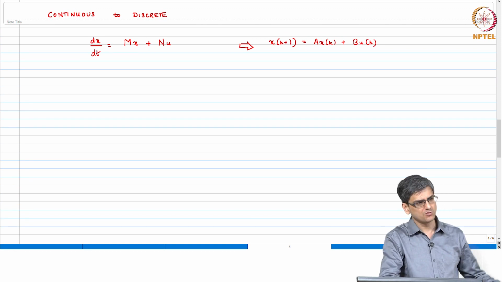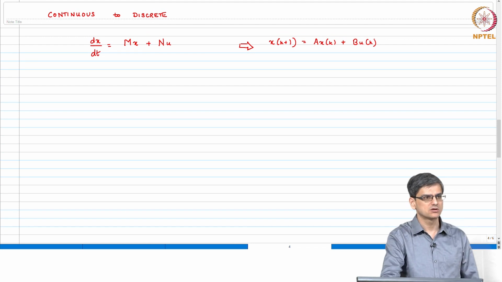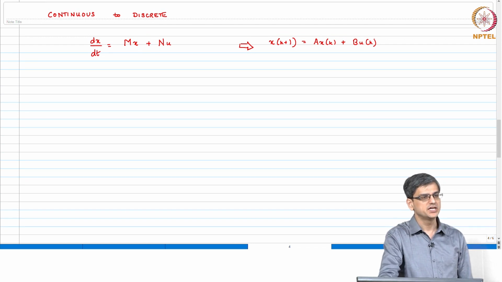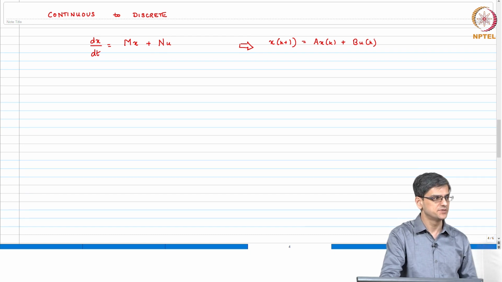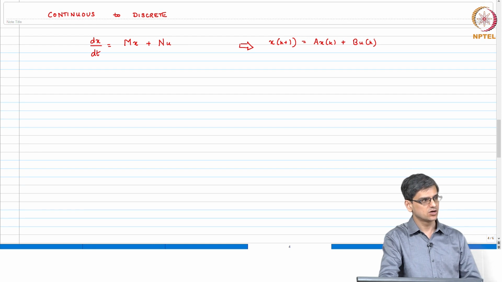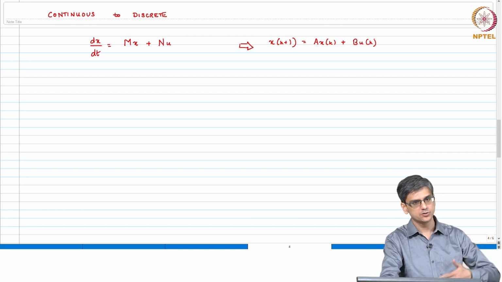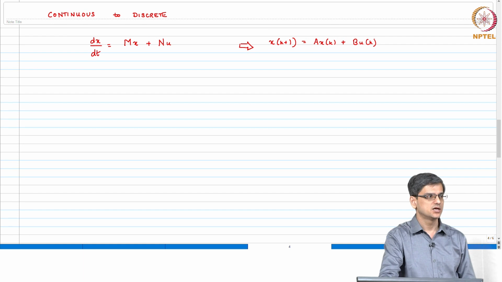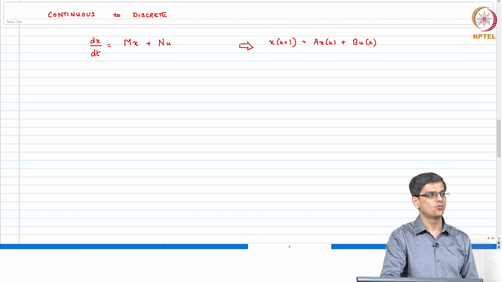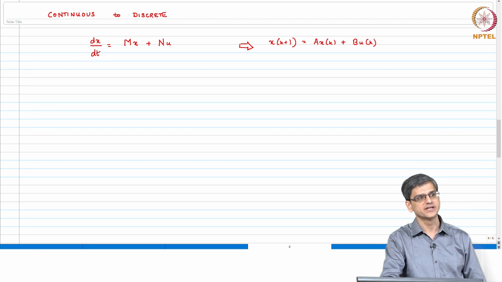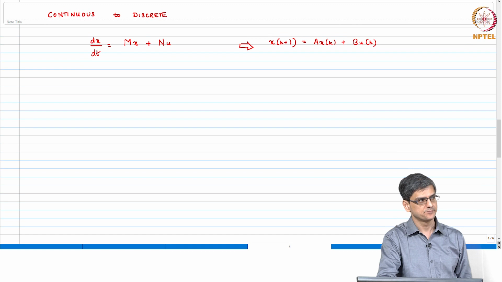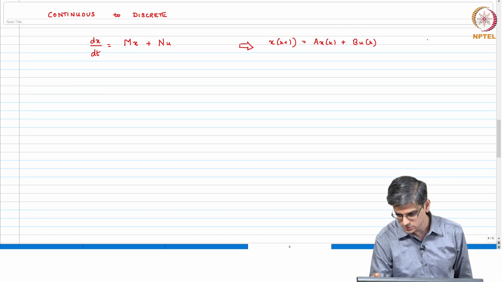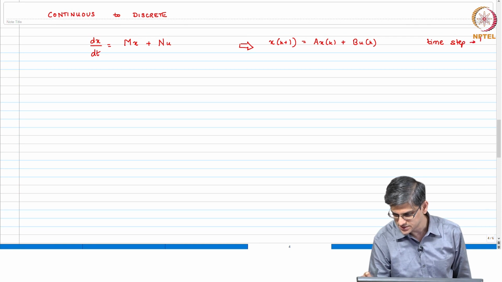Okay, I am only going to talk about this conversion, the reverse conversion I am not going to talk about. Keep in mind two assumptions that come in explicitly. One is zero order hold, your u_k's are converted into u(t) through zero order hold. Another is sampling, your y is converted into y_k by sampling it regularly at every h-th time step. So, our time step we will say is h.